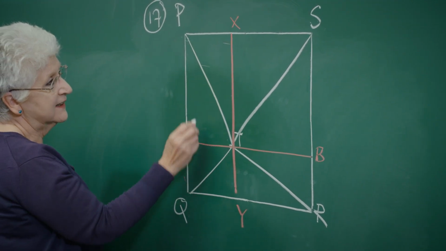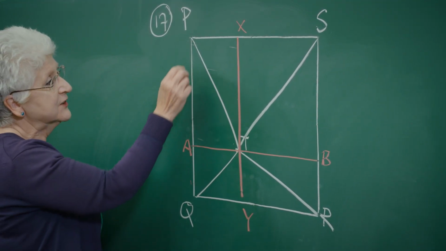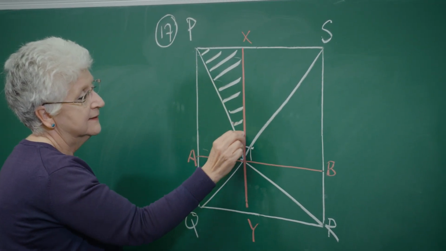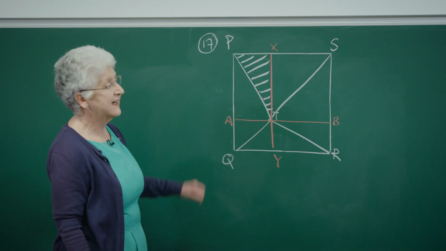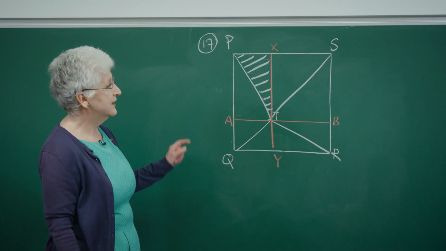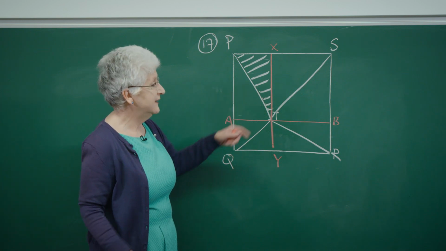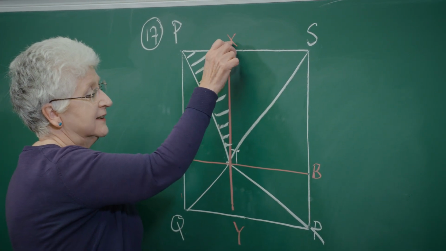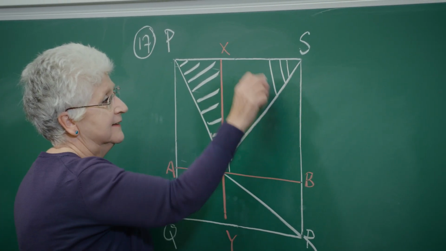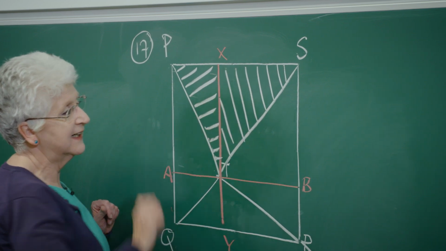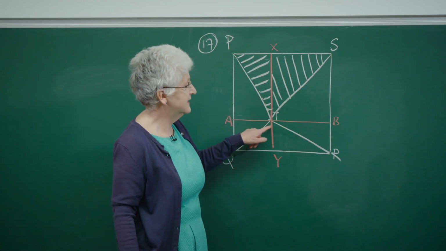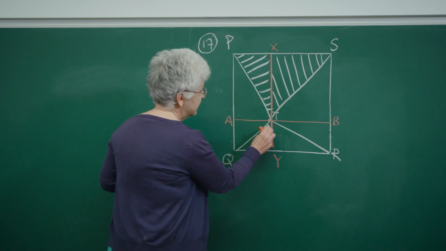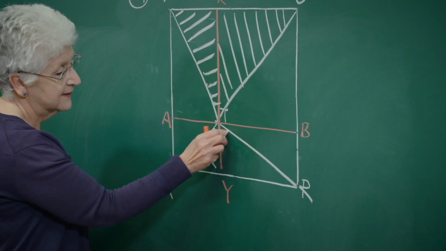If we look at this rectangle, we have a diagonal PT, and so I see that this part, PTX, is a half of the rectangle. And I can go round the square looking for half of a rectangle each time. So here, the triangle XTS is half of the rectangle XTBS. And I can do the same at the bottom, and in each case, the bit that I'm shading in is